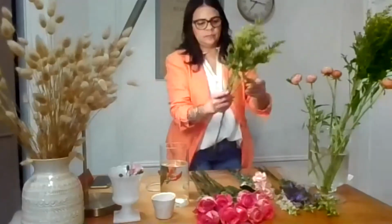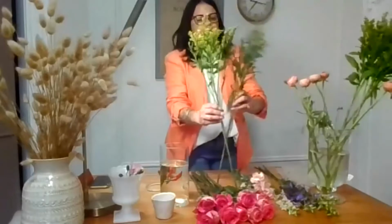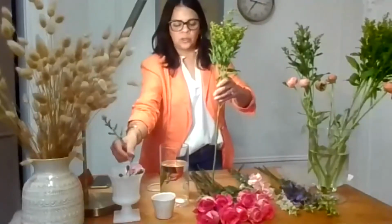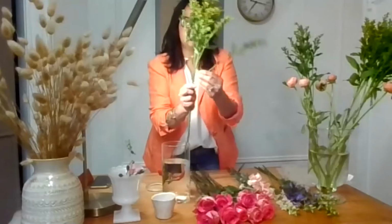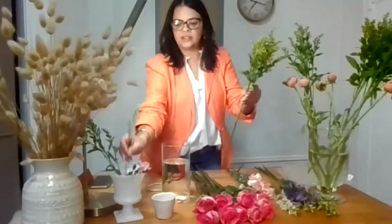So I want you to remove whatever. I have to see if they're all the same. Yeah, so they're kind of full and bushy. So I would just take off a few on the bottom. Imagine this is going to be in the water, and I don't want all of that in the water yet. So pull a few off, keep it here on the side. You're not hurting the flower at all. And you can always use this as a little